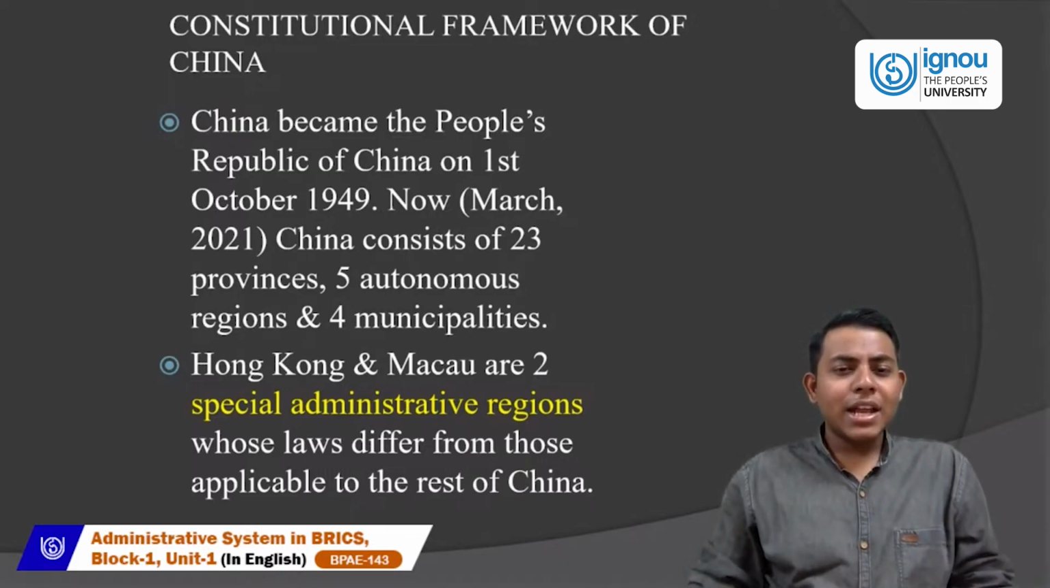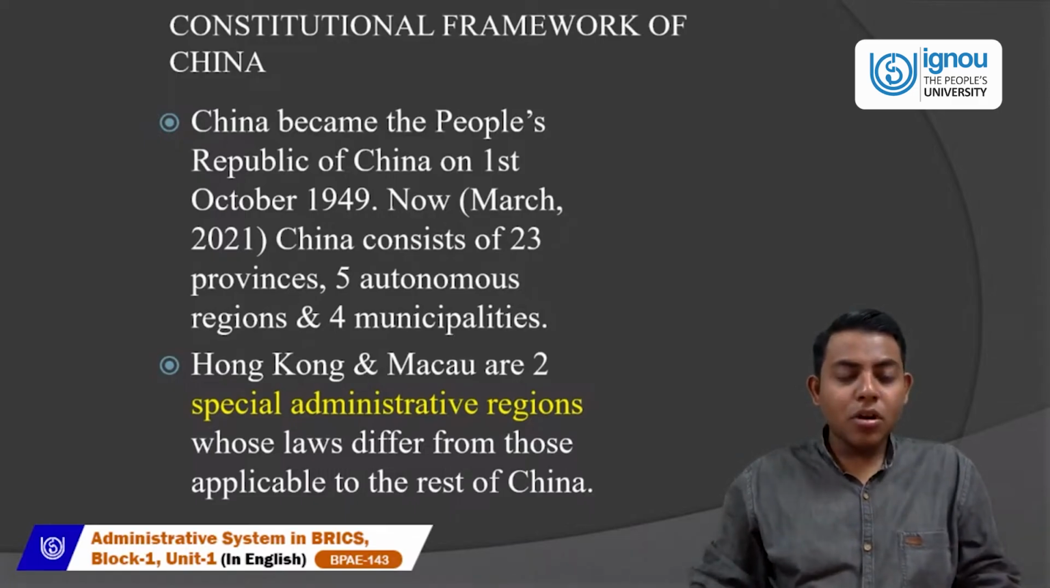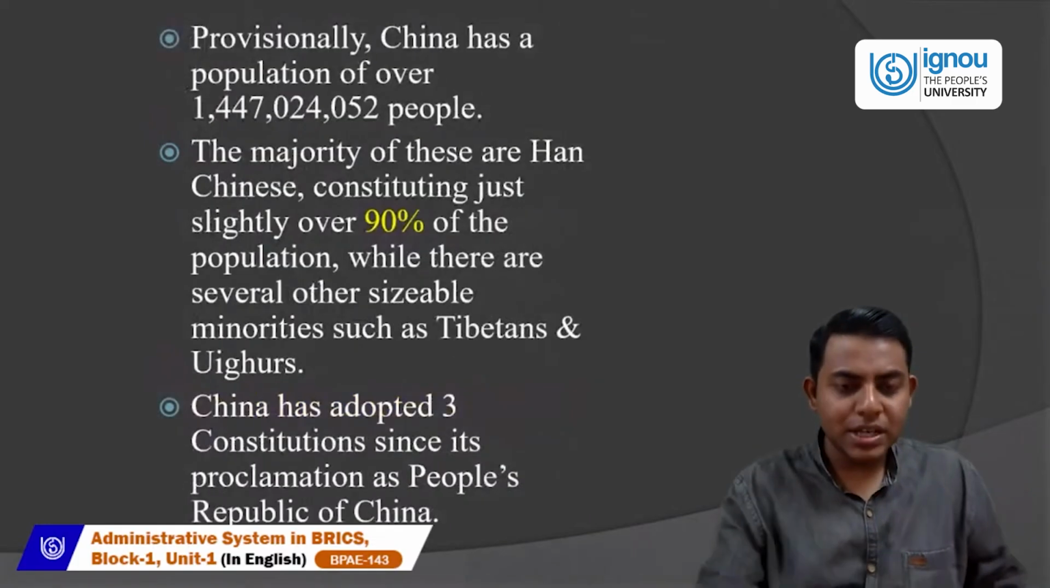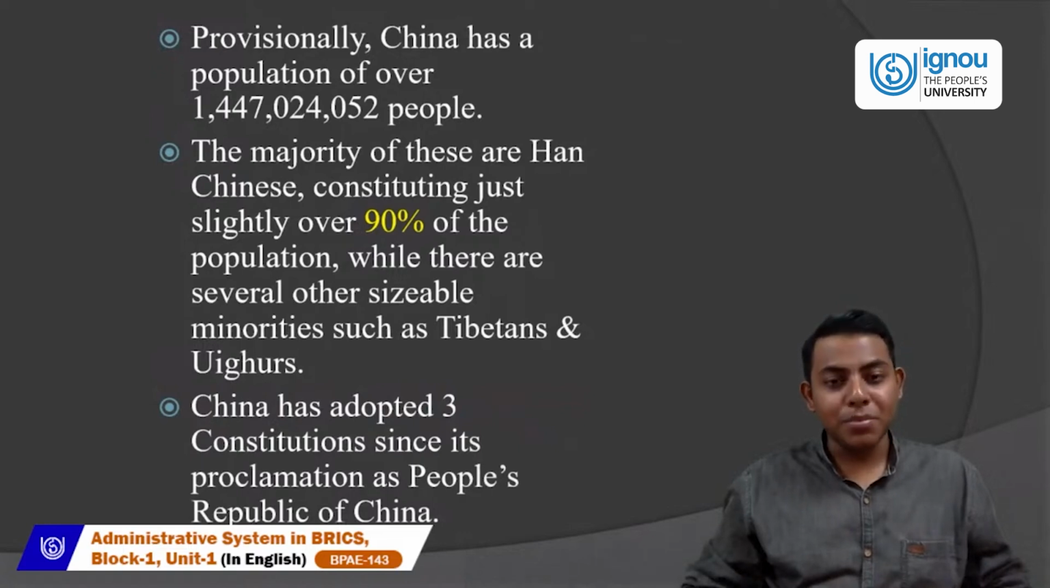As we all know, China became the People's Republic of China on 1st October 1949, and as of March 2021, it consists of 23 provinces, 5 autonomous regions, and 4 municipalities. Hong Kong and Macau are the two special administrative regions whose laws differ from those applicable to the rest of China. Provisionally, China has a population of over 144 crore 70 lakh 24,052 people,